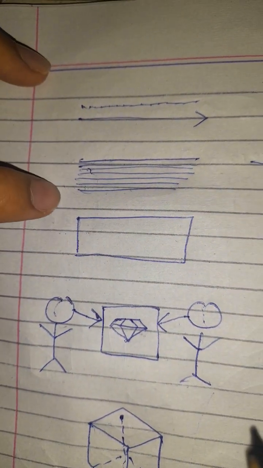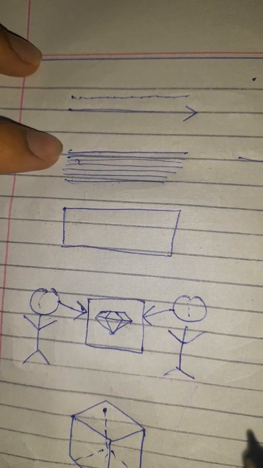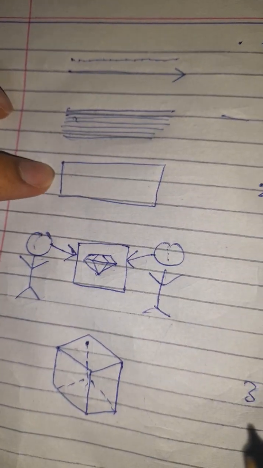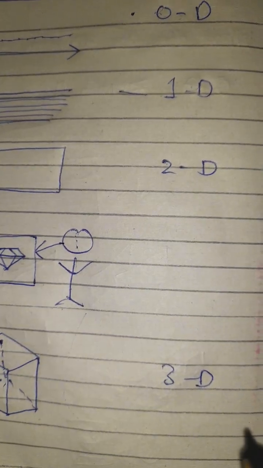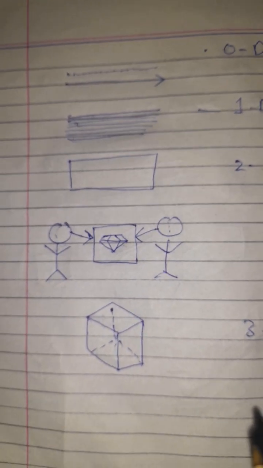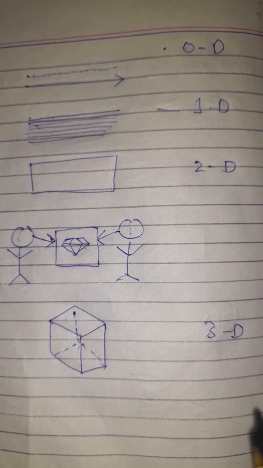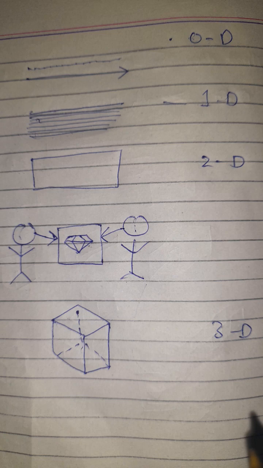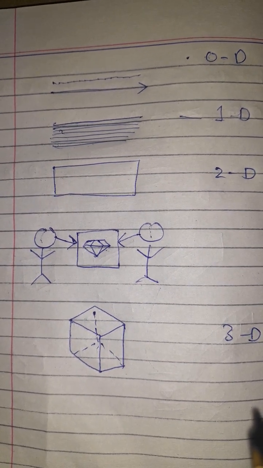If you were to stack one of these lines an infinite amount of times upon itself, we would get this square or a rectangle which depicts the second dimension. Now, we as three-dimensional beings can only see two dimensions. And this is also the reason why this piece of paper is two-dimensional.